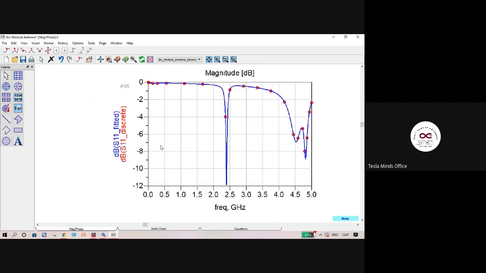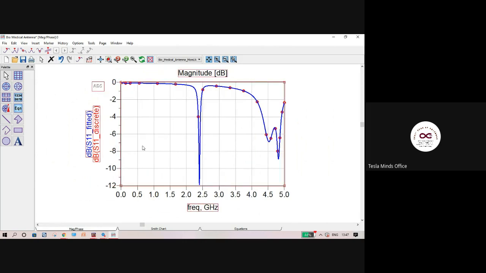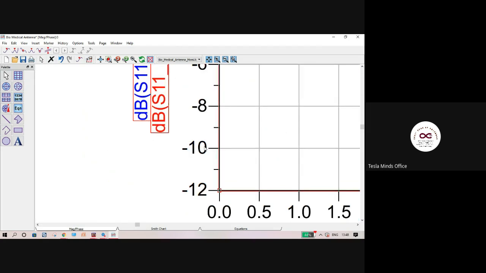The point to note here is, I'm not sure how many of you have designed an amplifier or filter. I guess in the first year labs, you would have designed antennas and filters with a similar graph. There you have taken the 3 dB line as a reference point. Like that, in the case of antenna design, only for antenna design, I'll just repeat, only for antenna design, the reference point is minus 10 dB. So here you can see minus 10. That is the reference point.